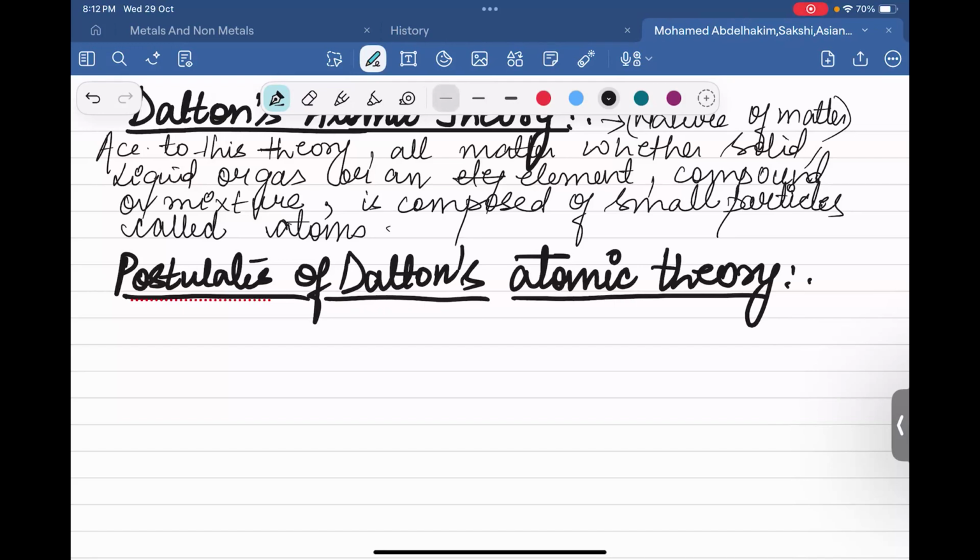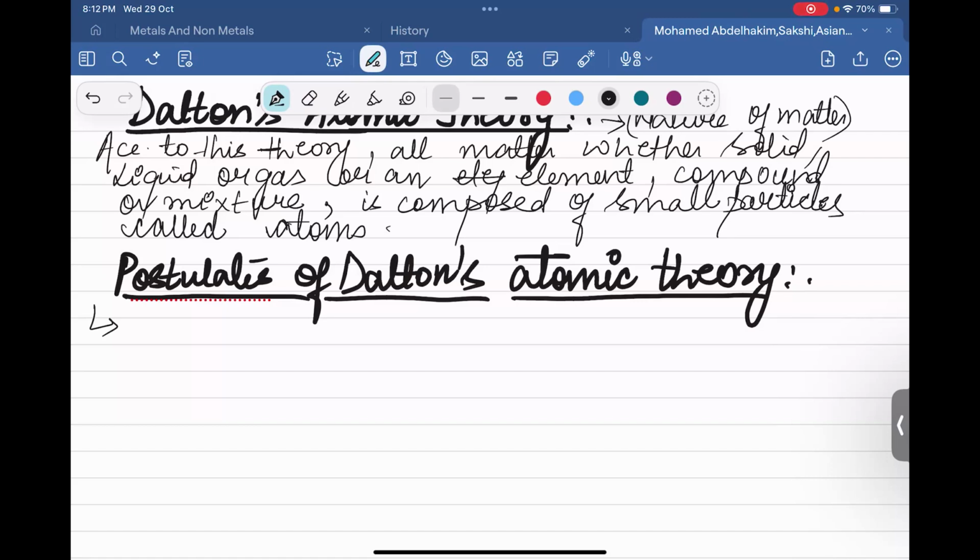Basically, he provides us five or six postulates about the atoms. About its nature, its number, how many there are, its size, its mass, everything. So he basically tells about this atom because atom is very small. Nobody has seen it till now. So some scientists used to apply assumptions and they give their own theory of what this atom basically is.